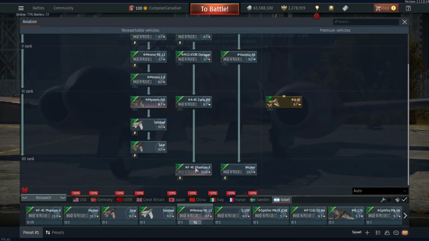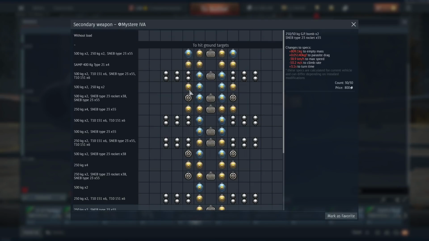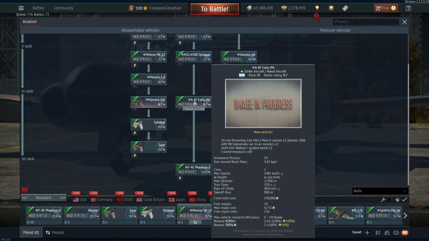They're just not very good though, the rockets themselves. They're quite small. They don't really do too much, and also they don't have a huge TNT equivalent. They have good pen though, so might be useful in ground forces. Then you've got the